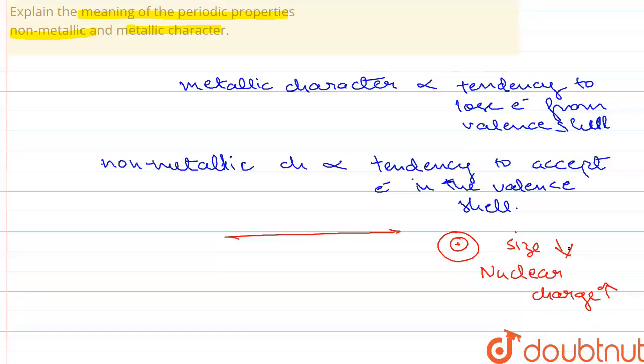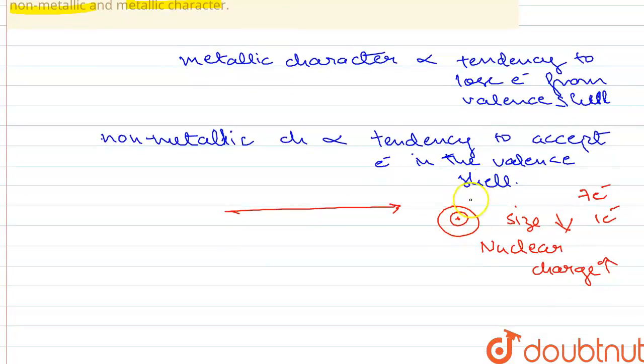Because they are tightly bonded to the nucleus, it is difficult for us to remove the outermost electron from the valence shell, but it is easier for us to accommodate one electron. If you see the right side of the periodic table, we have halogens, which have 7 electrons in the outermost shell, and they only require 1 electron to attain the noble gas configuration. So it is easier for them to accept electrons. That's why they are called non-metals. Halogens are called non-metals because they accept electrons readily,